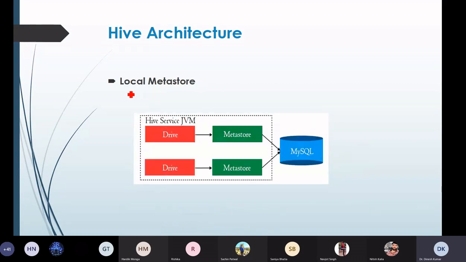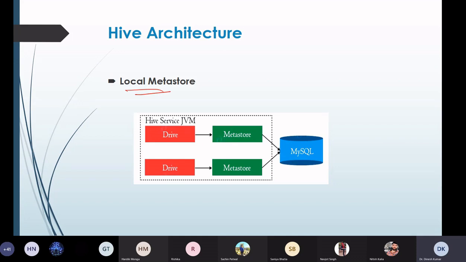Now the second kind of metastore is the local metastore. Hive, as I told you in the initial lectures, is a data warehouse framework, so it doesn't prefer a single session. There should be multiple sessions in the case of Hive.